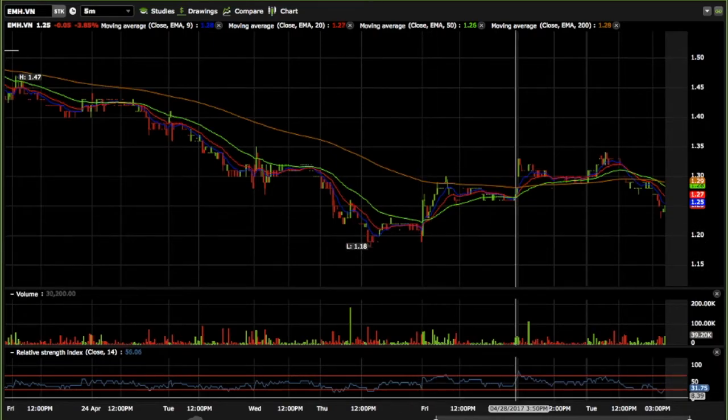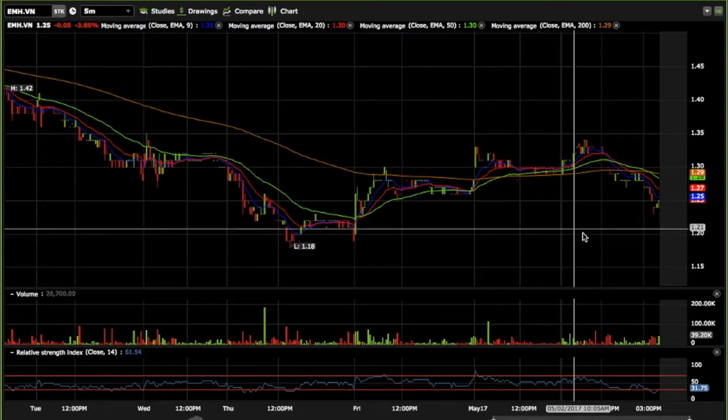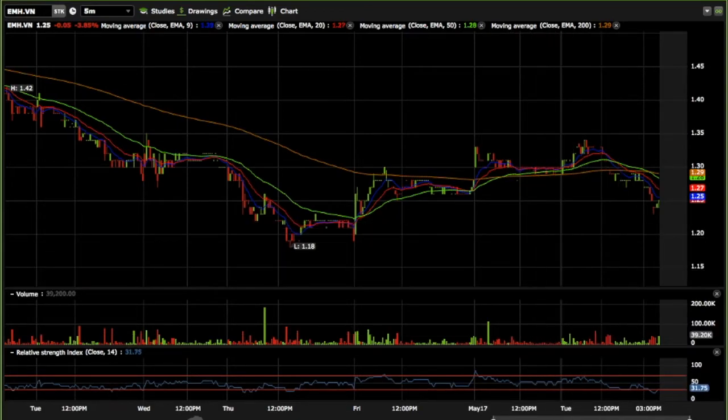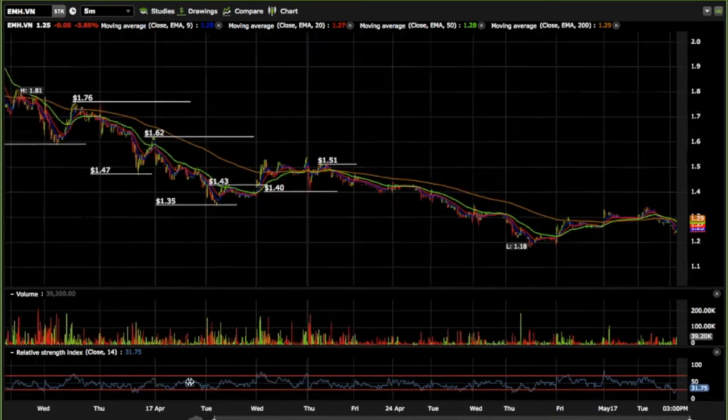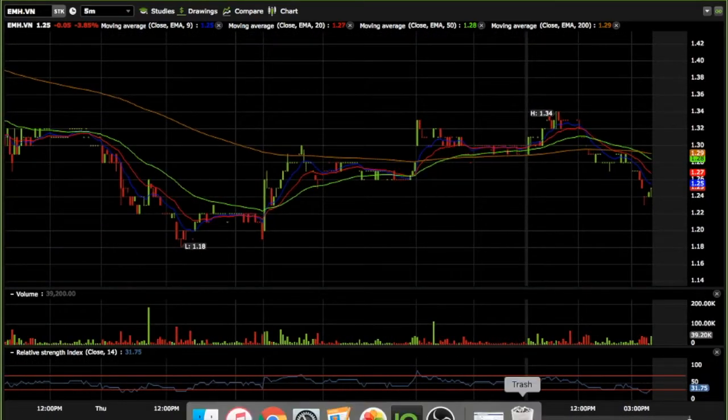If there's a breakdown of 118, if I had a position anticipating it, then I would be jumping out right away, just because it's touched it so many times. Depending on what time frame you're on, and of course, if you're in it for a little bit of a longer play,